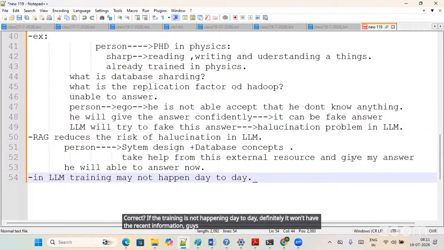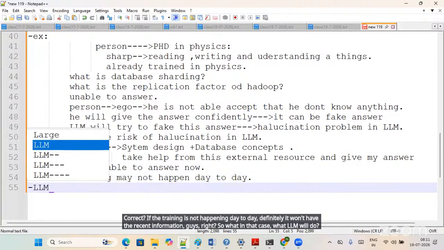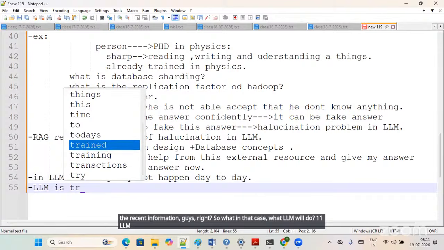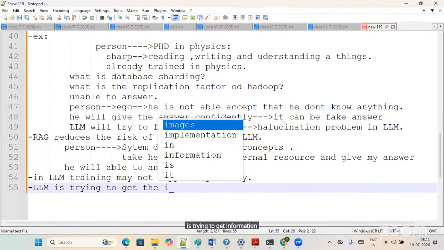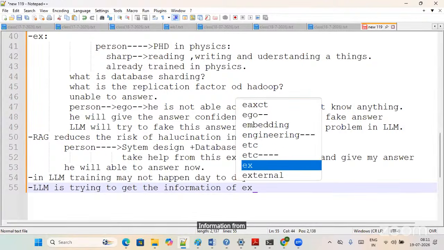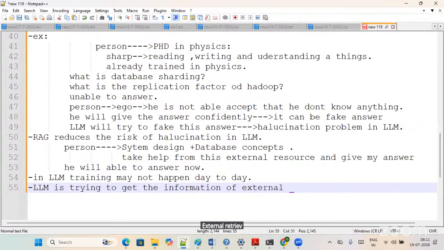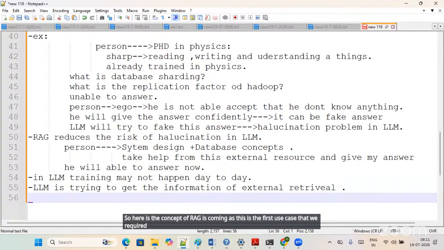So in that case, what will the LLM do? The LLM tries to get information from external retrieval. So here the concept of RAG is coming, guys. This is the first use case for which we require it: to solve the hallucination problem of an LLM